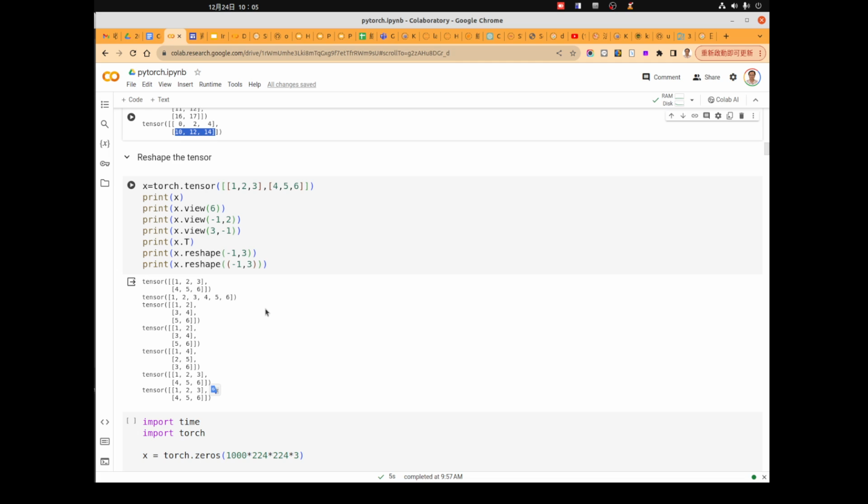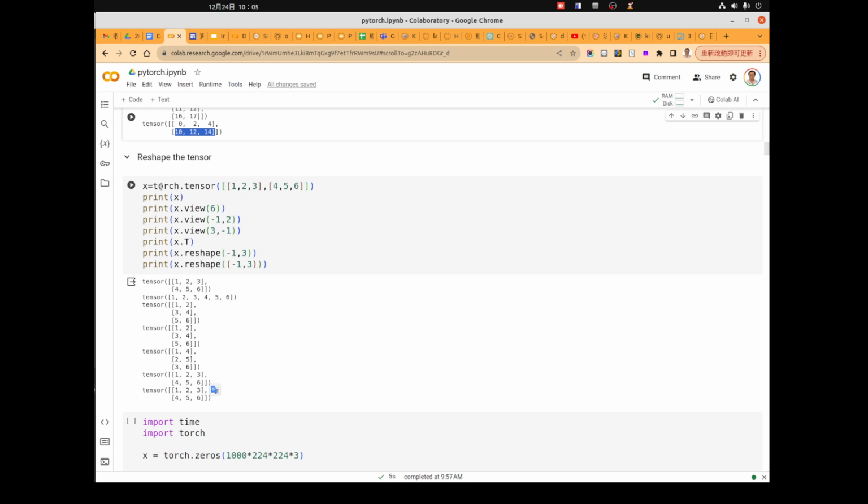Okay, so the next topic we'll introduce is how to reshape in PyTorch. If we have a tensor, this is another way to create one. We can just pass a multi-dimensional Python array into PyTorch, which converts it into a tensor.